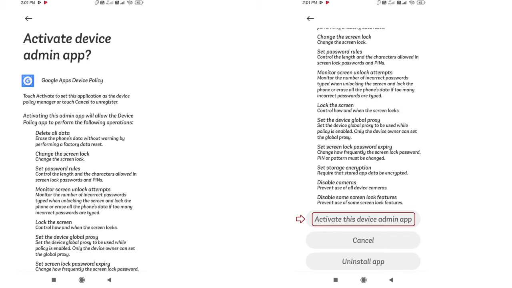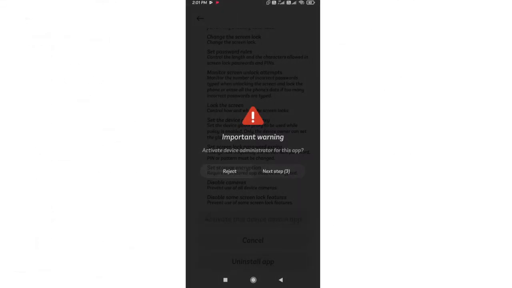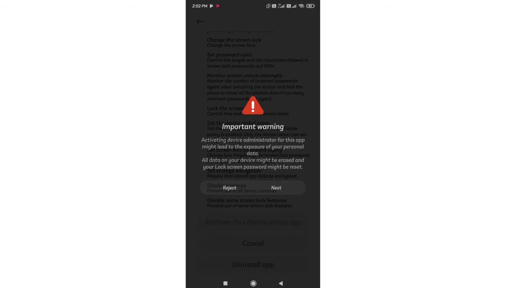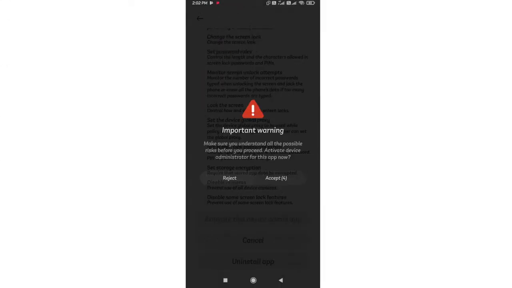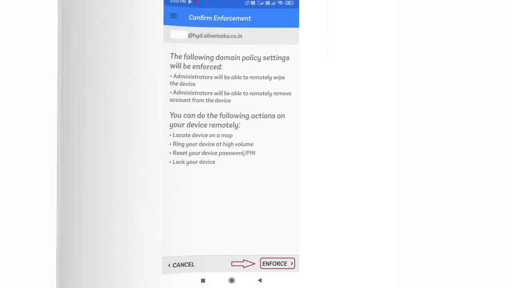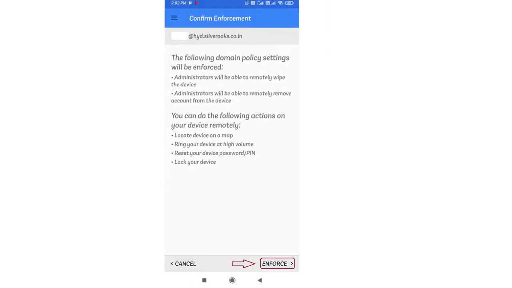When you scroll down, it will give us the option to activate this device admin app. Click on that option. It will show you a pop-up, whether you click on next or accept or reject. Click on accept. It will again ask a few permissions. Click on next. Click on accept. Now there is an option to enforce. At the right side bottom corner, there is an option of enforce. Click on the enforce.